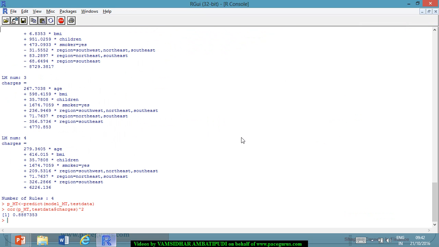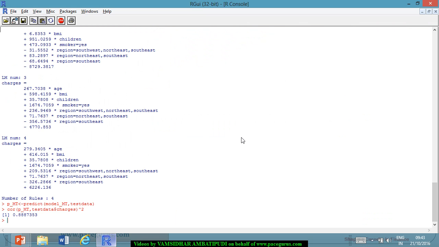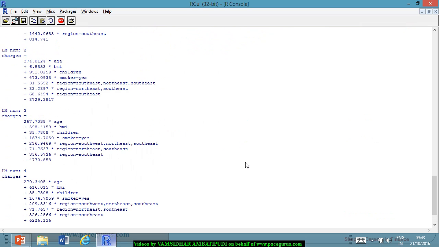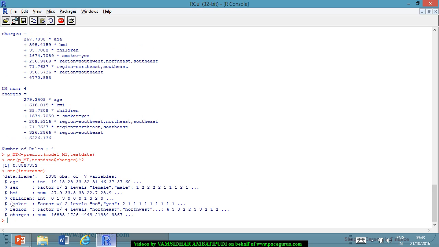For doing that transformation, we'll do a simple scaling. But if there are categorical variables, we have to convert them into dummies. So for those variables which have only 2 categories, let me again look at the structure of insurance. So you see, sex has only 2 levels. So I can treat it as a dummy. So I'll convert it, right? Probably if required, I will set it like,